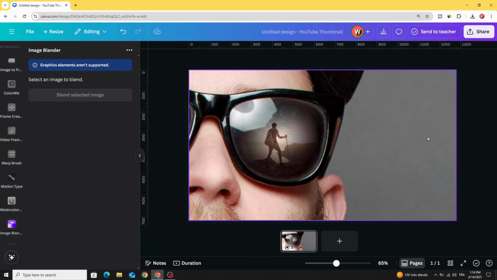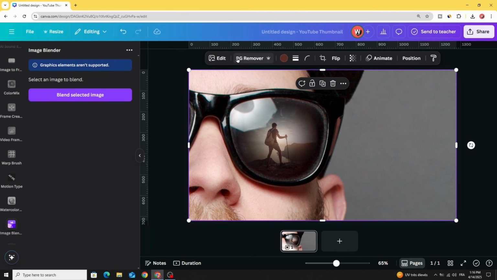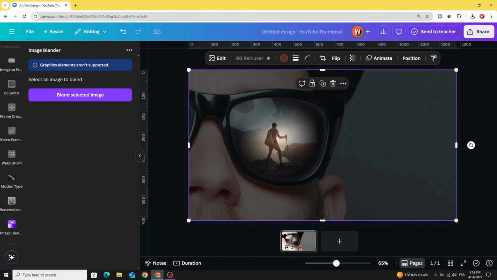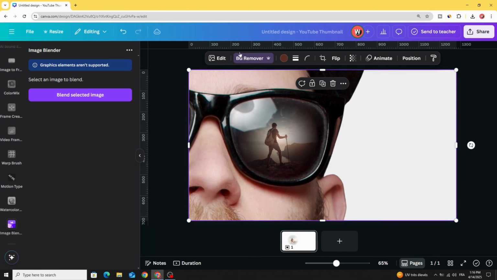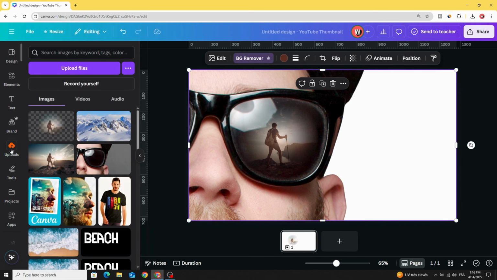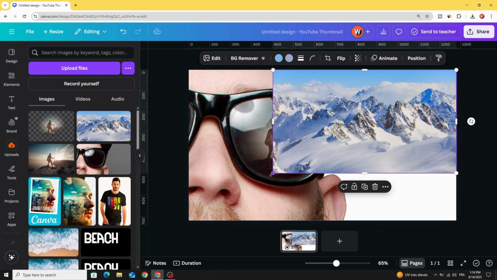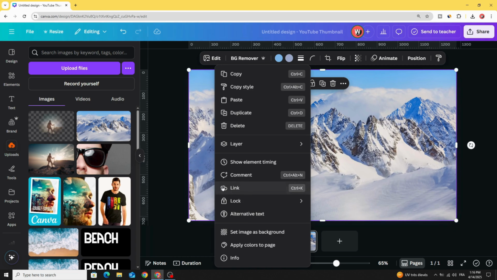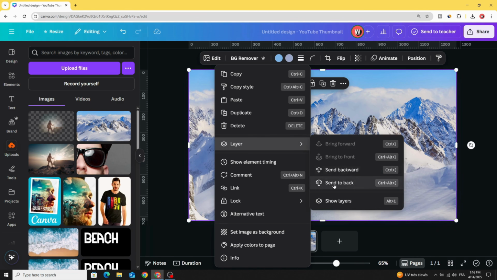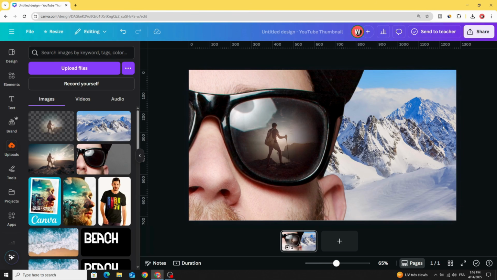And you can change the background of this image. Click on the image, remove background, and go to uploads. And let's use this image as a background. Go to layers, send to back, and here is the final